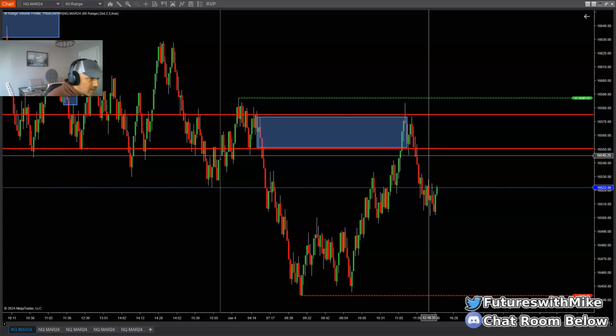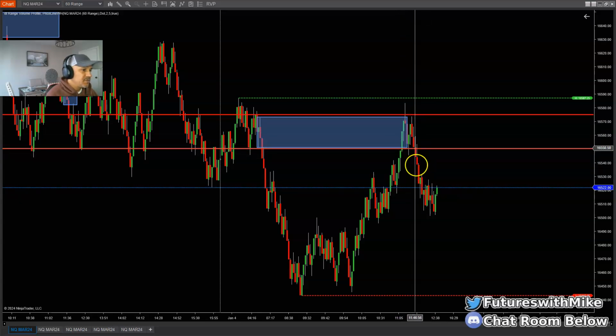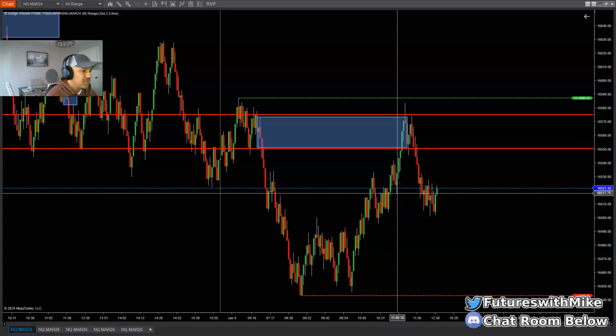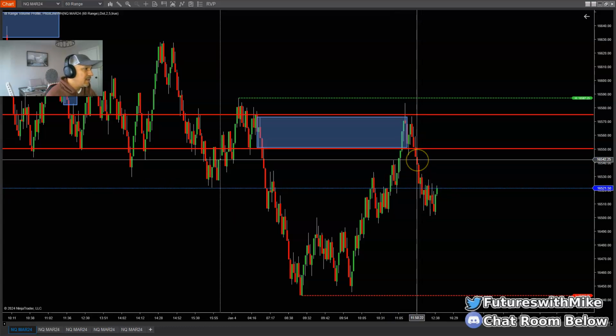I don't take the trades off of the 60 range chart. I'm looking to take them off of the lower time frame, the 12 range chart, when I notice rejection. And then what does it do? It continues running to the downside. Okay, it hit that area I talked about at 540, broke below this area of structure right here to the downside. Some minor structure break back to the downside.